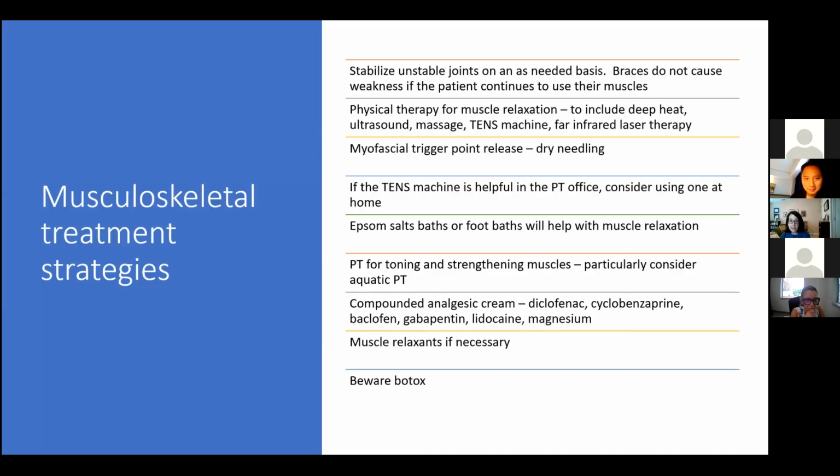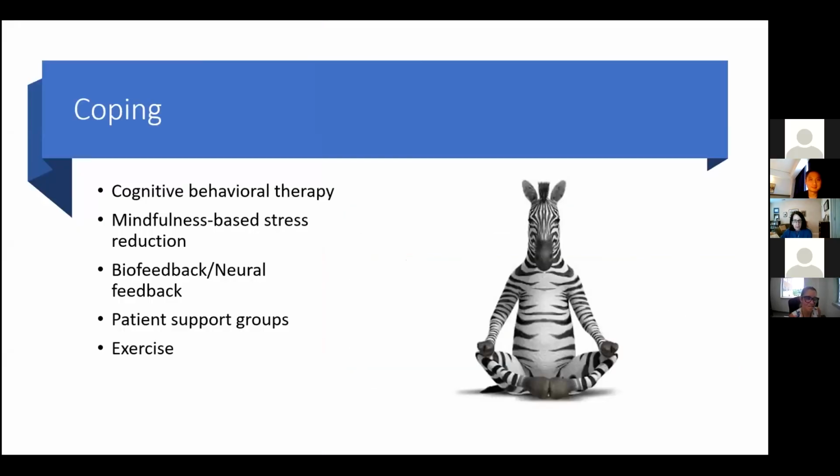We use muscle relaxants if necessary, and I always say beware Botox, especially in the muscles in the neck, because if the muscles of the neck are paralyzed, then the person can lose their ability to hold their head up for 3 or 4 months, which is not a desired outcome. So coping strategies include cognitive behavioral therapy, mindfulness-based stress reduction, biofeedback and neurofeedback, patient support groups, and exercise can be